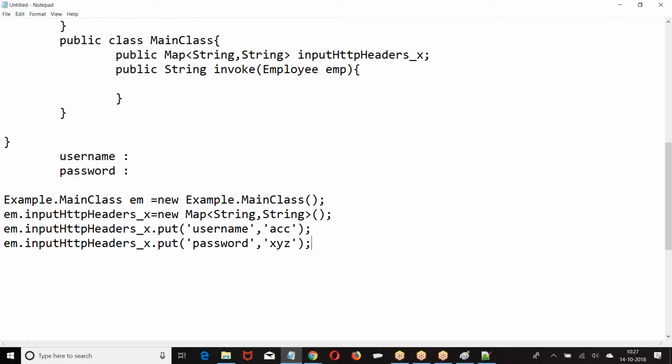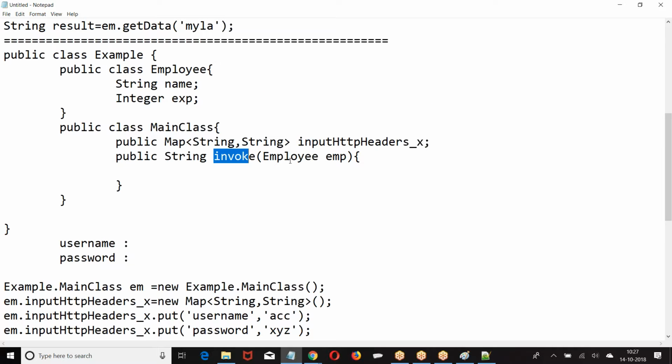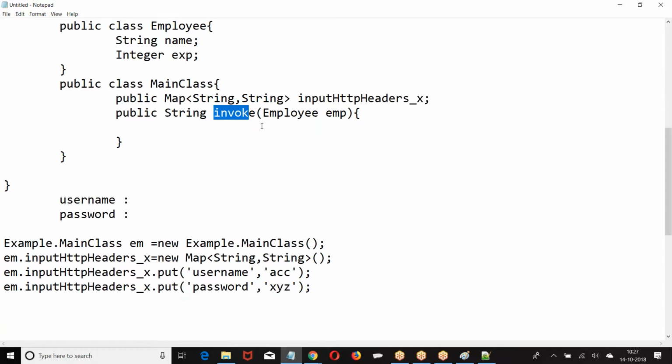Then I was asked to call invoke service. If you want to call invoke service, what do we require? We need to pass an employee. So create one employee record, then pass the employee as a parameter. So how do you create an employee record? Example